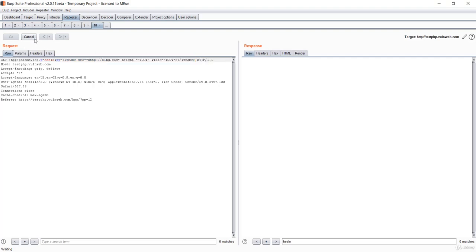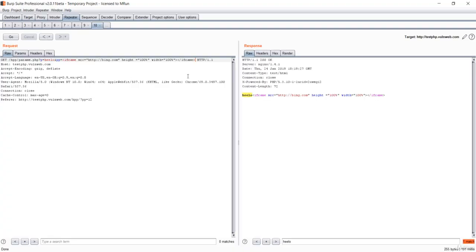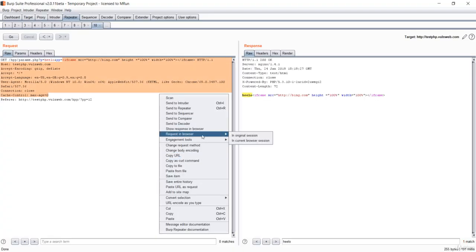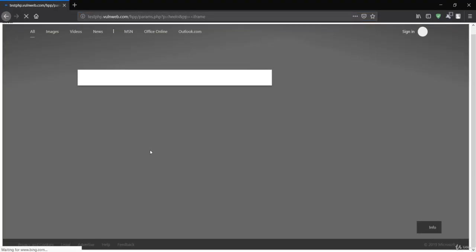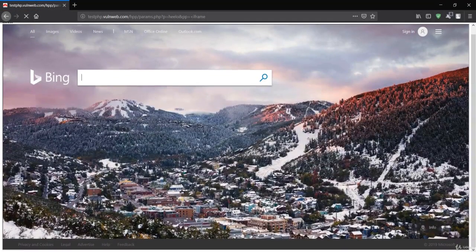Now I just need to press go again, and if I show response in the browser, let's paste and go, and you can see now Bing is injected inside this website. If you see here, the website name is testphp.vulnweb.com, but we see bing.com inside here, which is due to this iframe. So we injected bing.com inside this iframe.